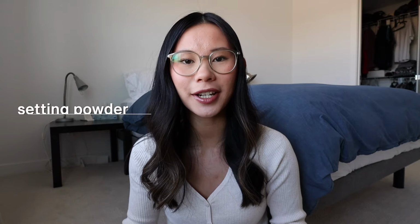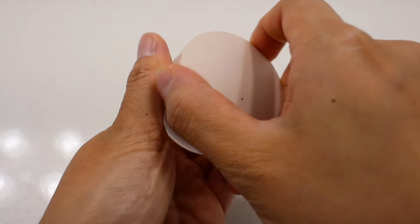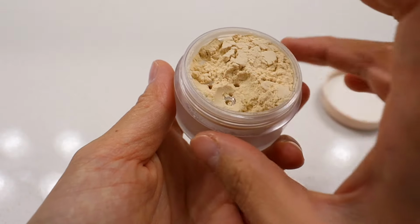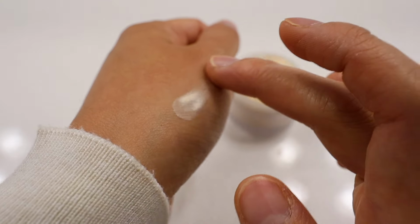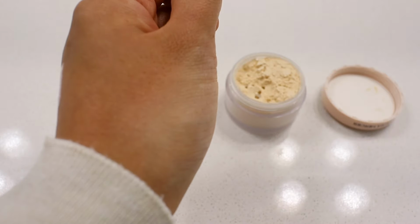Next, moving on to some makeup favorites. I actually ran out of my setting powder from Laura Mercier, so I decided to pick up a refill of that, but I actually got the new talc-free Ultra Blur setting powder, and I really enjoy this product. I mostly use it to set my under eyes and on the bridge of my nose because I wear glasses. I find that that area gets extra oily and greasy throughout the day that my glasses slip and slide, but this makes it stay put, and I love the ultra fine texture to this